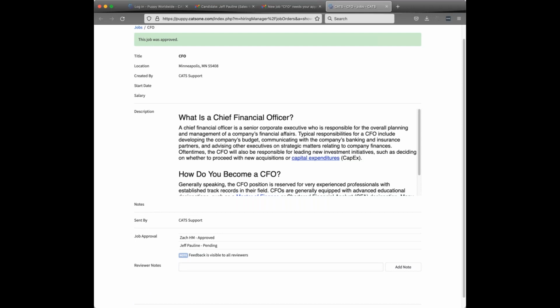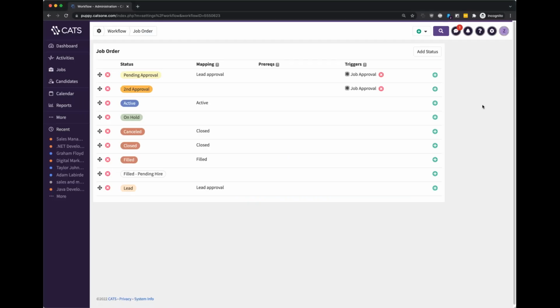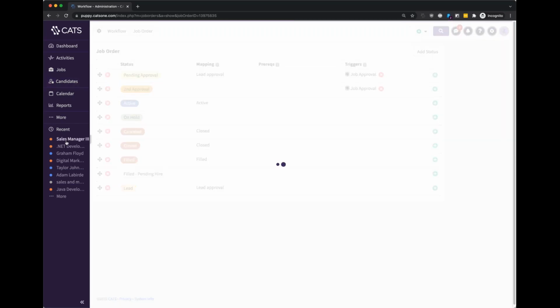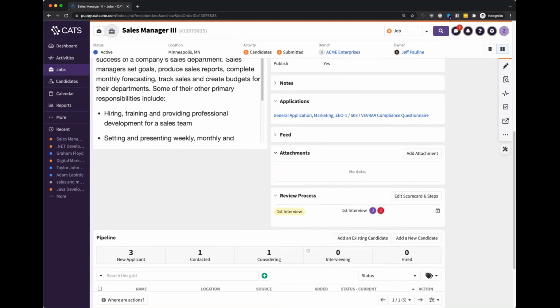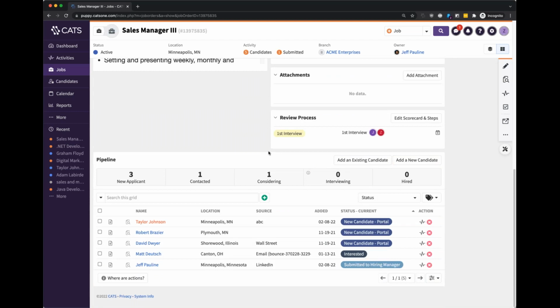All right, so let's hop back over into CATS. We're going a little bit out of order from the layout that I had, but that's fine. So if I hop back over to CATS, a number of things have happened at this point. One, if I go back to my pipeline for that sales manager job,